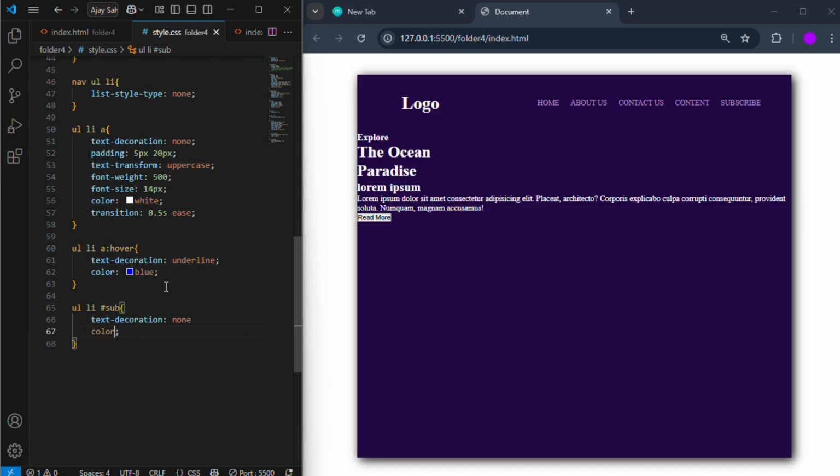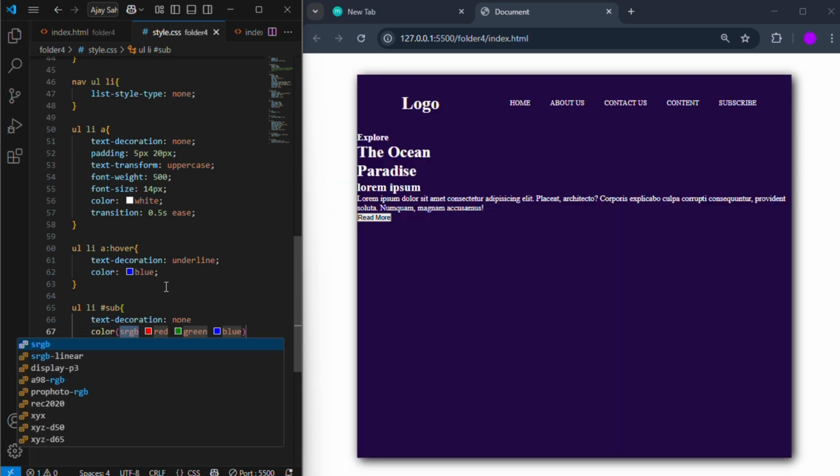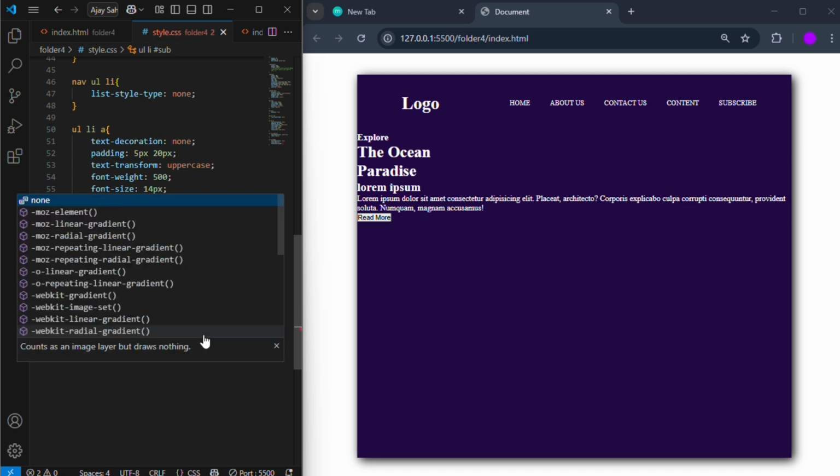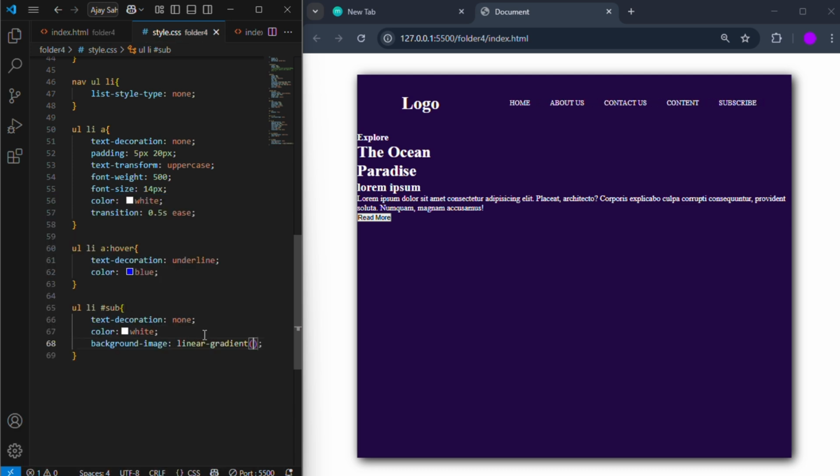So friends, I want to change the color whenever the mouse cursor moves over the text, and I also want the underline, so I'm writing here text decoration underline and color blue. Now I'm targeting the button, so I'm writing here text decoration none. I'm adding the linear gradient color, so I'm writing here background image linear gradient, and I'm changing the angle of this color, so I'm writing here 90 degree, and then color name,